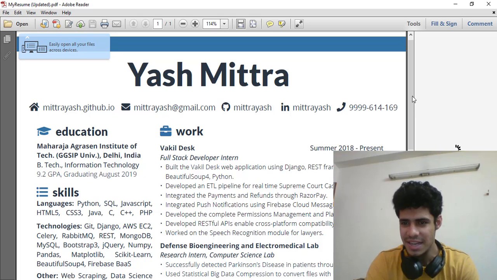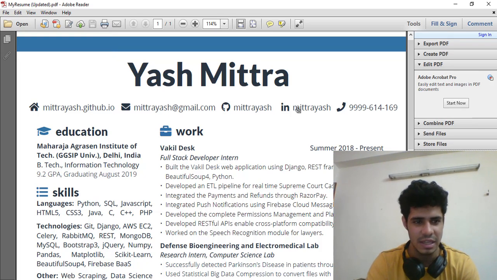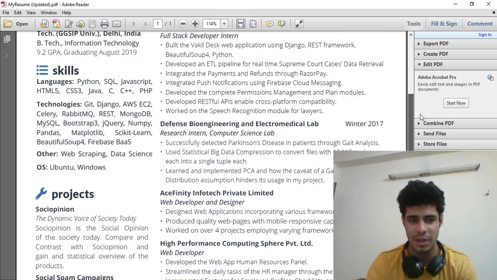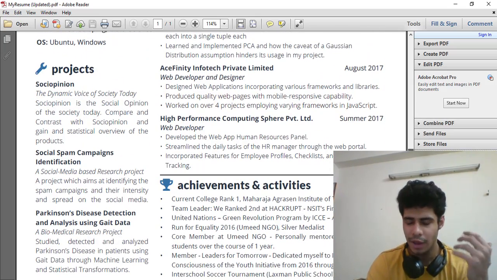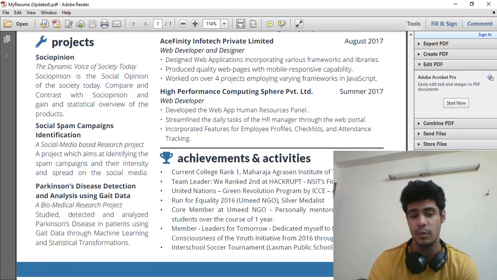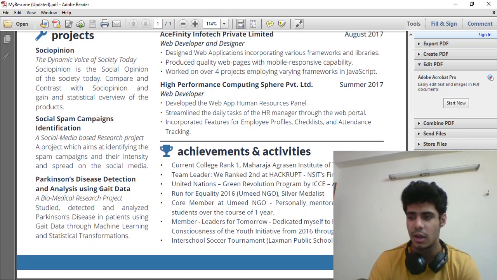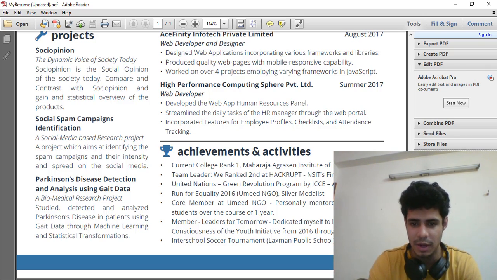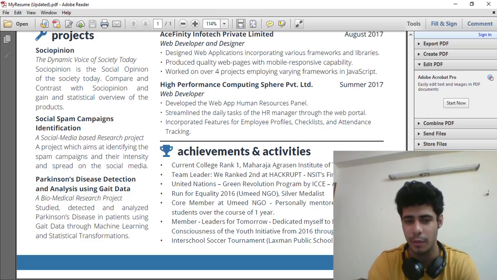It's concise and clear. You can see all of the contact details are mentioned above. Then there's basically two columns. One is telling you my education, my skills, my projects. Now I have done a lot of projects, and I couldn't really fit all of them in just this much space. But I wanted a one-page resume, and I think you should have one too. Only go for a one-page resume if you have under 5-6 years of experience. If you have more than 6-7 years of experience, sure, build a two-page one. But hopefully you should have a one-page resume if you're below that, right?